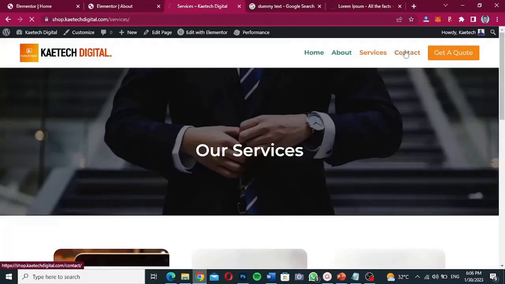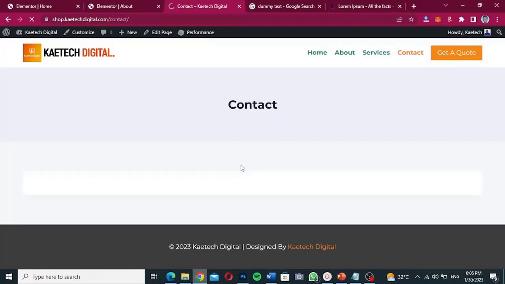Okay, now with the contact page, we're not going to spend much time on it. The way we copied this one, we're going to copy the hero section for it, and then we'll use the contact plugin that we installed to be able to create a very nice contact form for our website. So how do we create a contact page? First of all, let's go back to the dashboard, and let's create a contact form from Contact Form